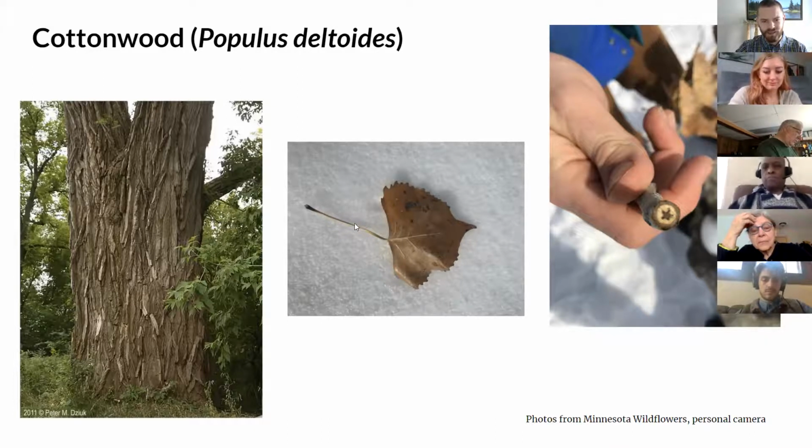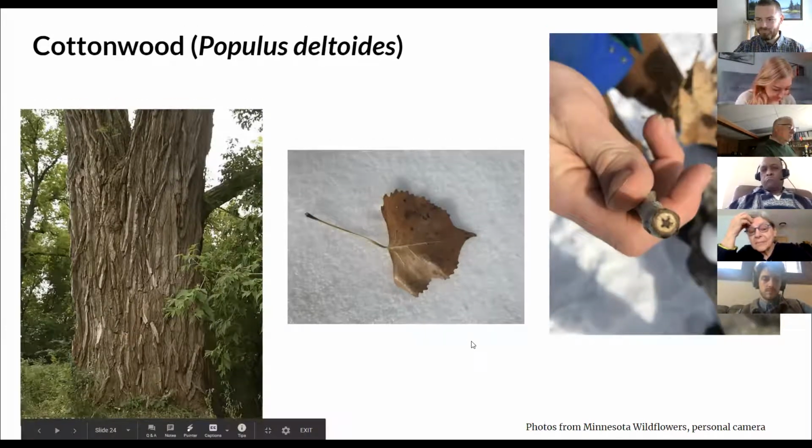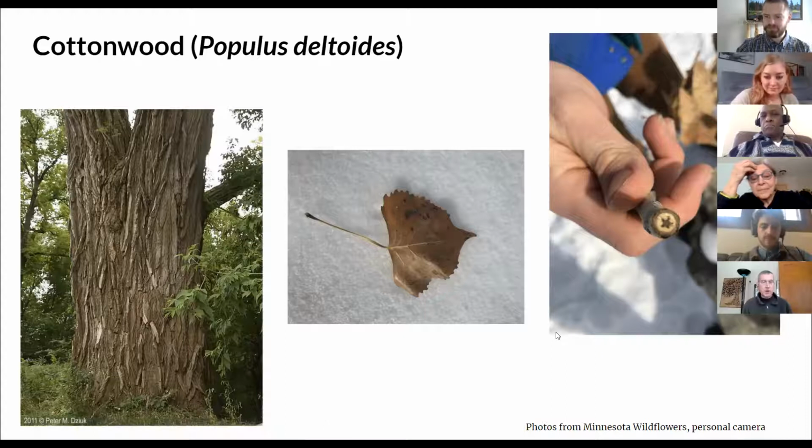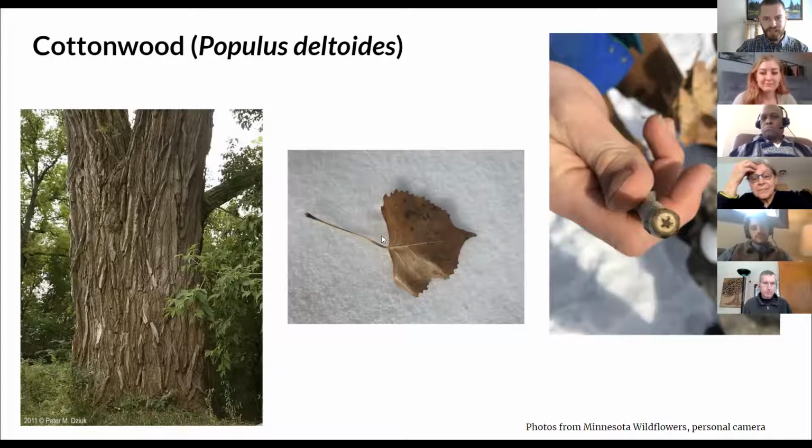Does anybody notice anything, even from this photo, that's kind of weird about them? Maybe it's kind of hard to see. So are they flat like other poplars? Yes, exactly. So common in the poplar family of trees is a flat petiole,